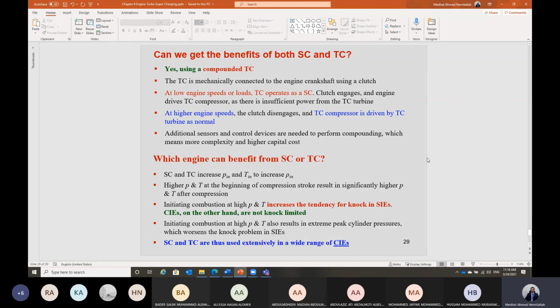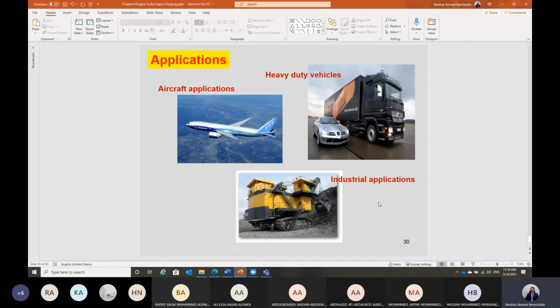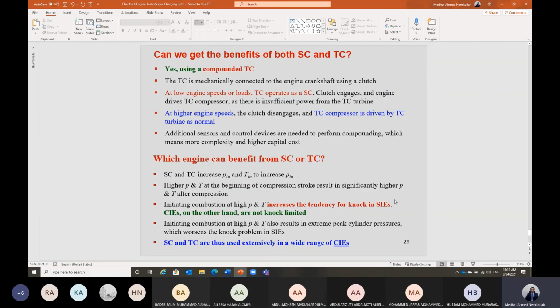And diesel engines are used not only in the car. We have different uses for compression ignition engines in different applications, such as auxiliary power generation. We may have a big diesel engine to drive a generator to generate electrical power, and those are used in remote regions where we don't have a source of electricity, or in locomotive applications, or also in marine engines. In this case, those engines should be turbocharged or supercharged in order to increase their power. So we have different applications. Okay, so that's